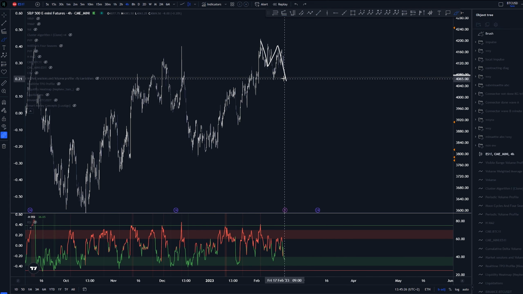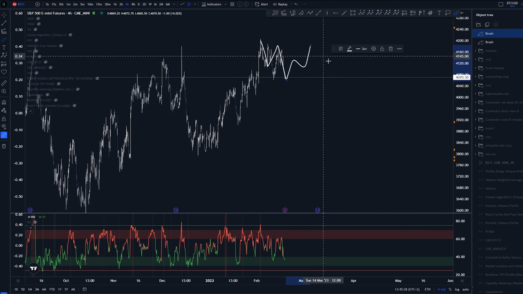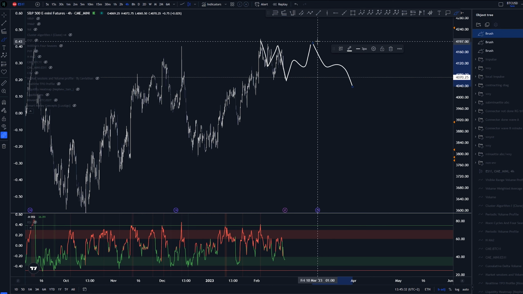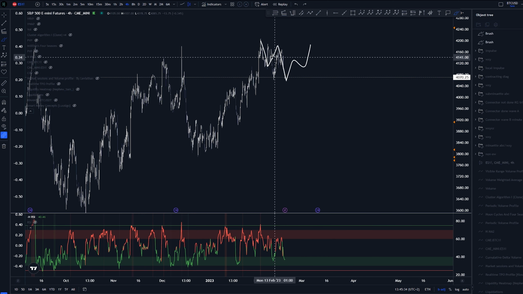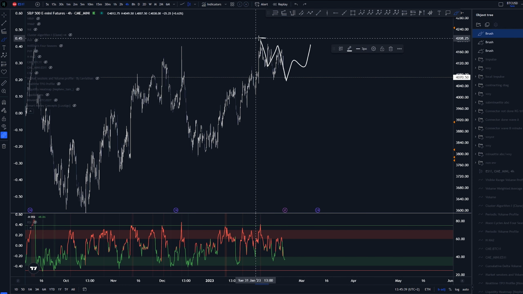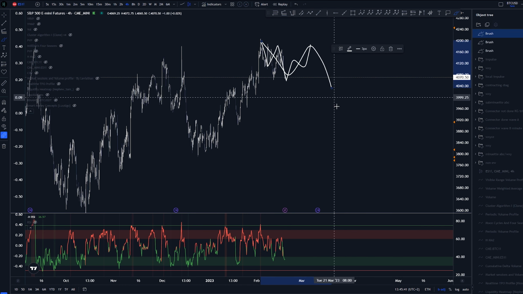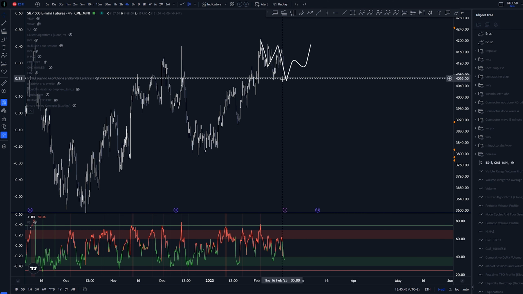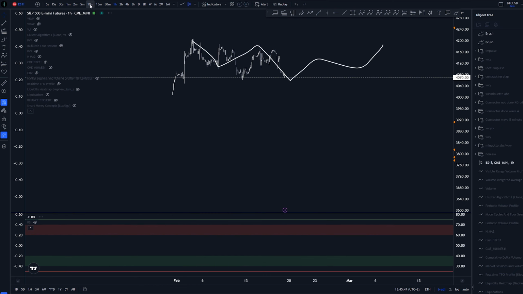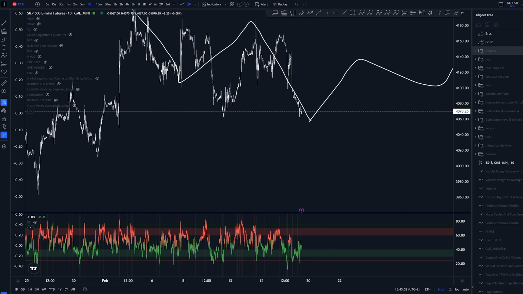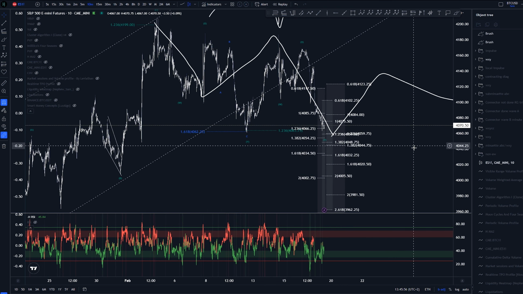So what I think is going to be happening is we are going to be getting another partner leg up and another 3 down here, depending of course on how high this will go. Either we're going to be creating an expanded structure here, or if we don't take out the origin highs here, we'd be creating some kind of 3-wave structure WXY. But yeah, I do like the idea of looking for long setups here at the moment, just based on the fibs, and of course that is not the best